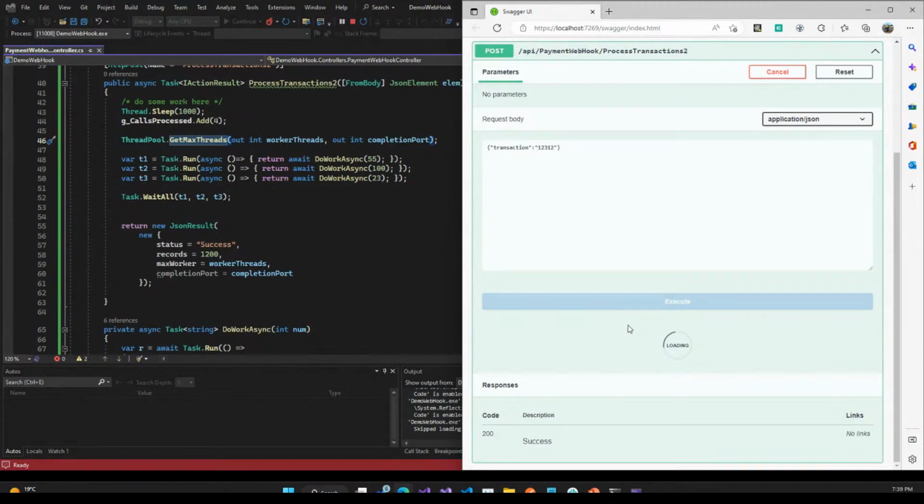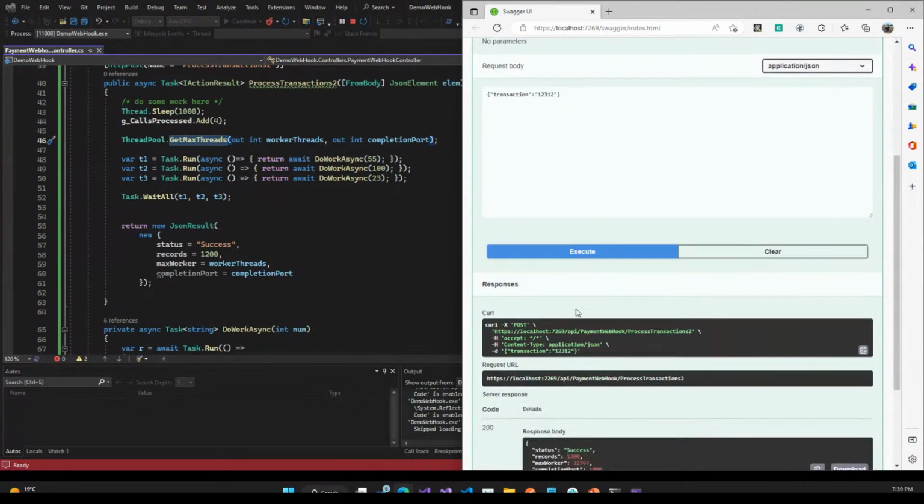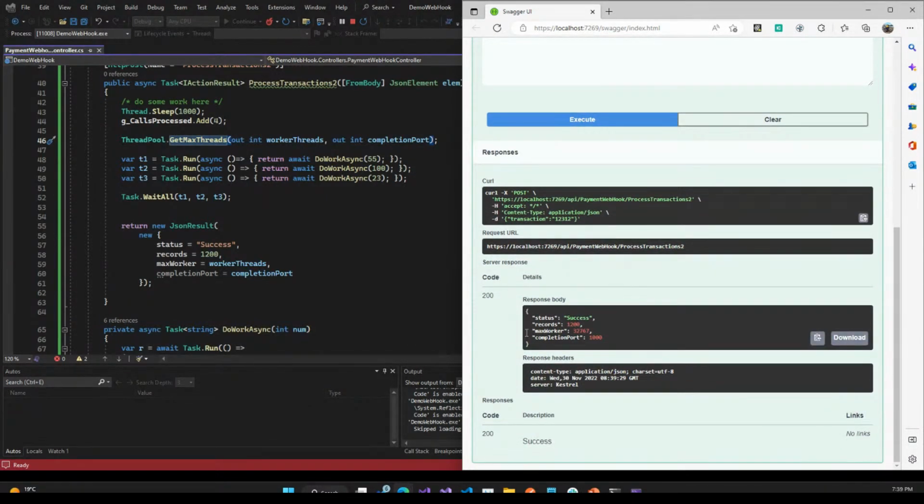Remember this is running, and we wait a second and a half or so. Now you can see we've got our standard response there. Yes, we just did 1200. Now on my developer machine, the maximum number of threads that I've got are